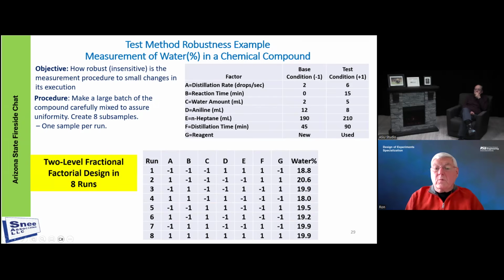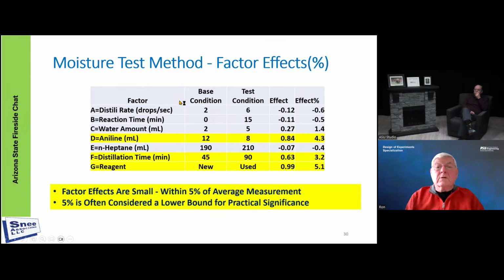So you see you got 8 runs and you got 7 factors. And you see the percent water, not a whole lot of variability here. There's a low of 18 and a high of 20. You compute the effects and see only 3 large ones. If you look at the percent of the effect, here's aniline at 4.3, and then you got a 3.2 and a 5.1. And in general, a lot of people think that if you got factor effects of 5% or